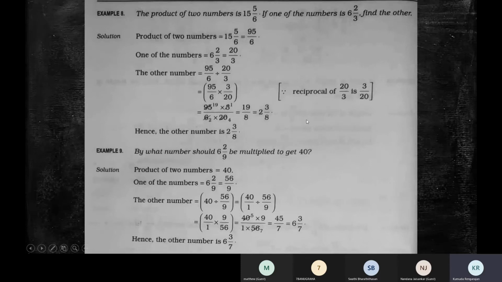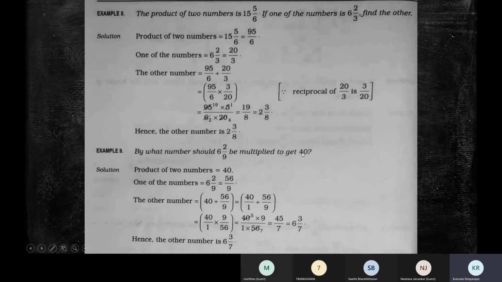But how did we get that answer 8? How will you get that answer 8? By adding 5 and 40? No. By subtracting 5 and 40? No. By multiplying? See, why am I saying 5 and 40? Because they are the only two numbers in the question. So what should you do with the two numbers in the question so that you can get that answer 8? You all said 8. How?